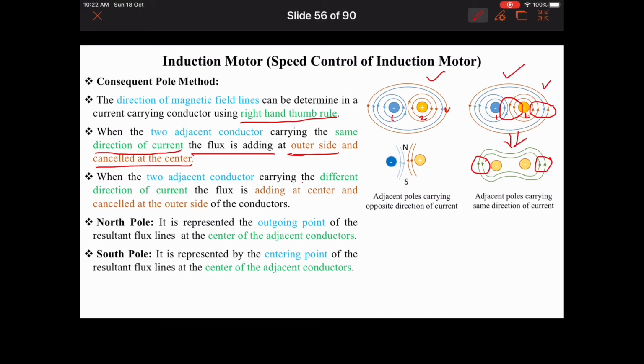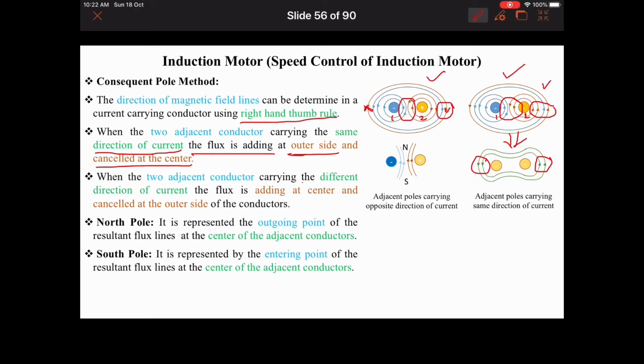So, this is a typing mistake, it will be clockwise, because this is the magnetic field line for conductor 2 as represented here. The magnetic field lines for conductor 2 are represented by the brown color and the magnetic field lines for conductor 1 by the blue line. So, here we can see at the center the direction of magnetic field lines for both conductors is the same, while the direction of the magnetic field lines at the outer side is opposite. So, they will cancel out.